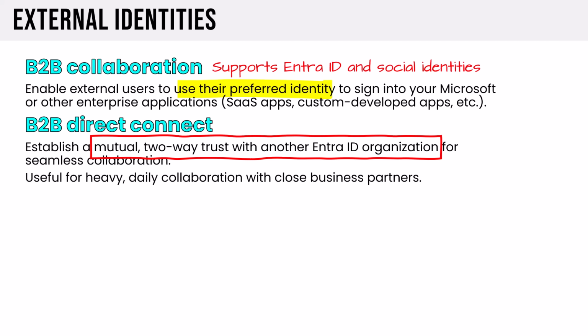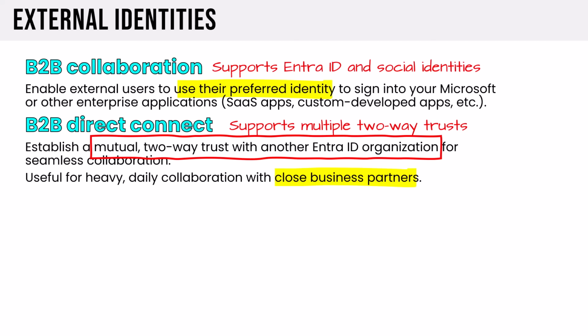It's useful for heavy daily collaboration with close business partners. When it's a close business partner where we're on teams together day to day and we don't have to switch tenants to use that guest ID, it's a major win in terms of convenience and productivity. It supports multiple two-way trusts, so this seamless collaboration can be configured to work between more than just two Entra